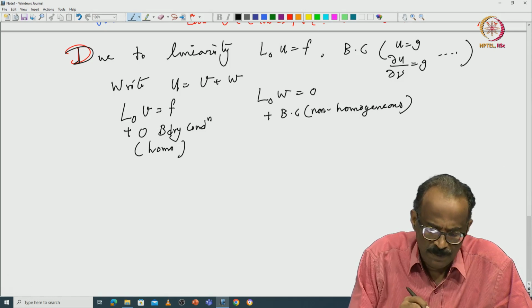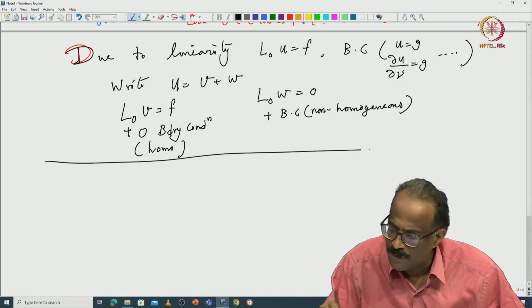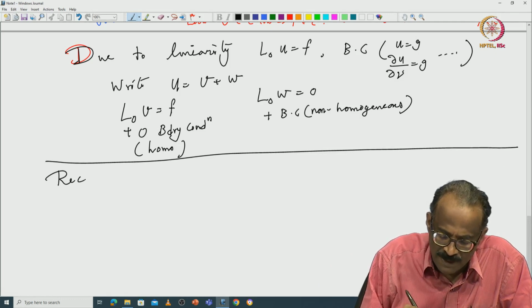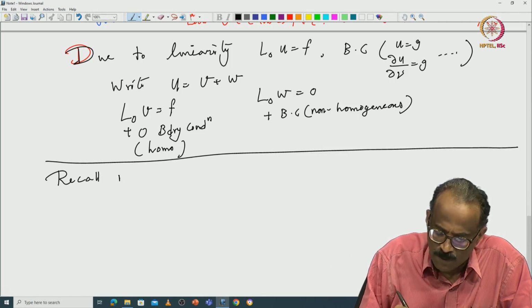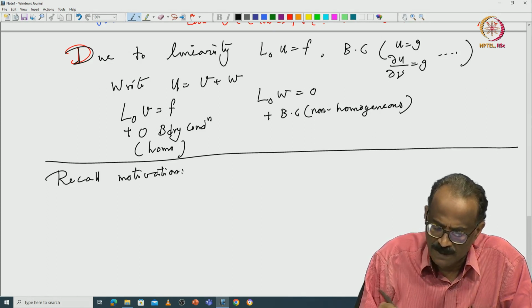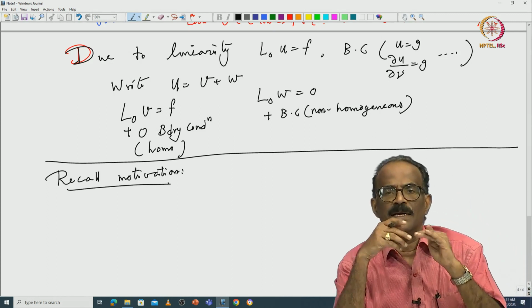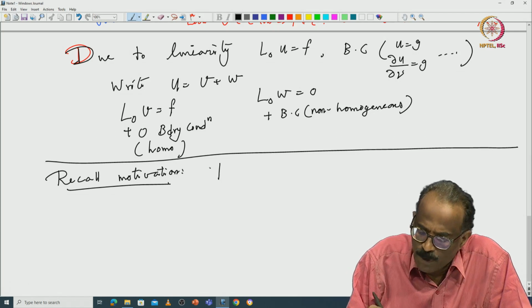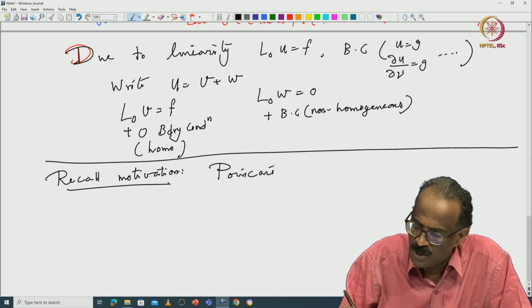Now, the same thing can be done for the Laplacian. Now I want to recall some motivation which we have, so we will see how to do the variational formulation. So recall the motivation we have given during the first part of this course. There we considered the Poincare functional. If you recall the Poincare functional,